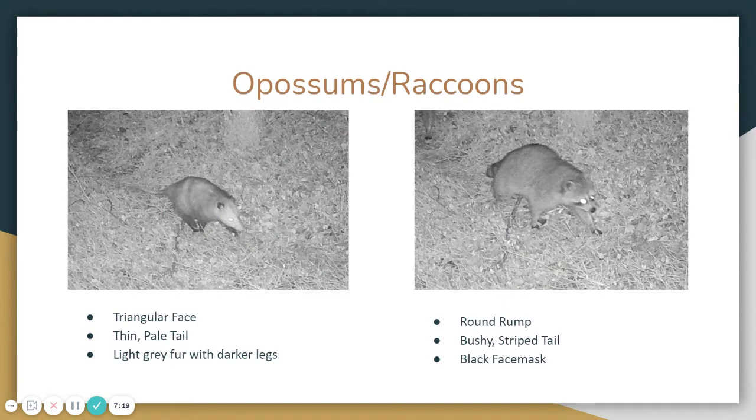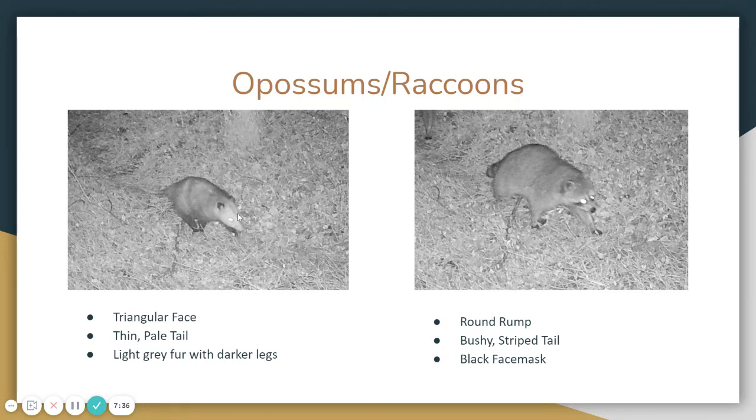Next up, we have possums and raccoons. Again, these are two of our more common species. In a photo as clear as this one or this one, it's pretty easy to tell them apart. The problem is not all of our photos are this clear, so we need to look at more particular features